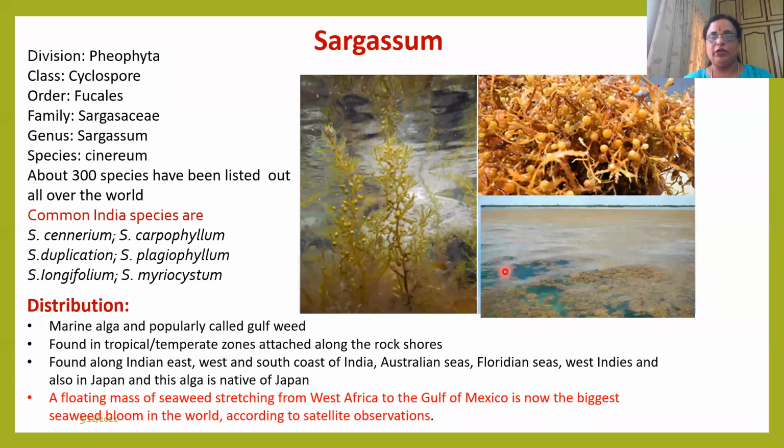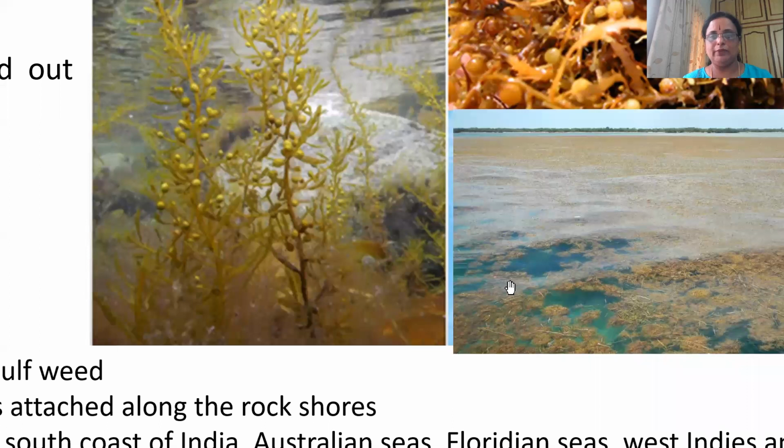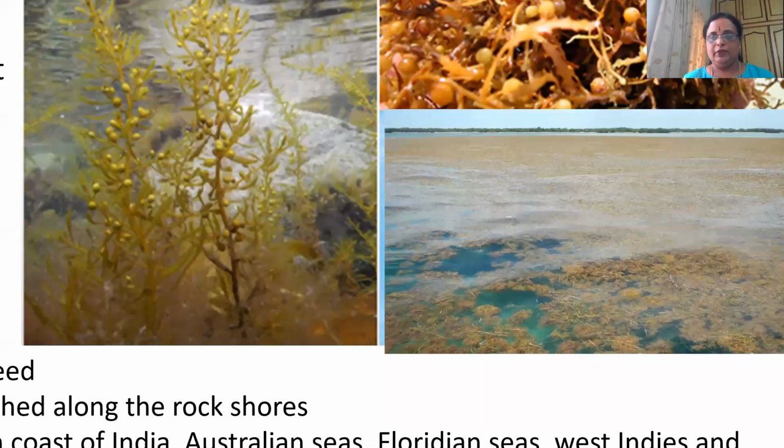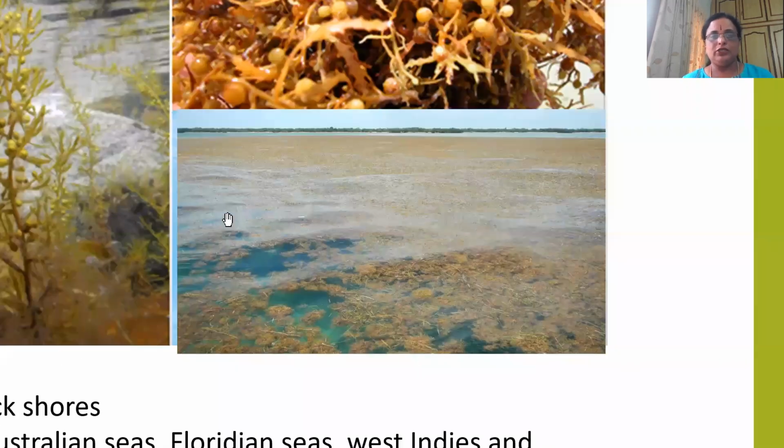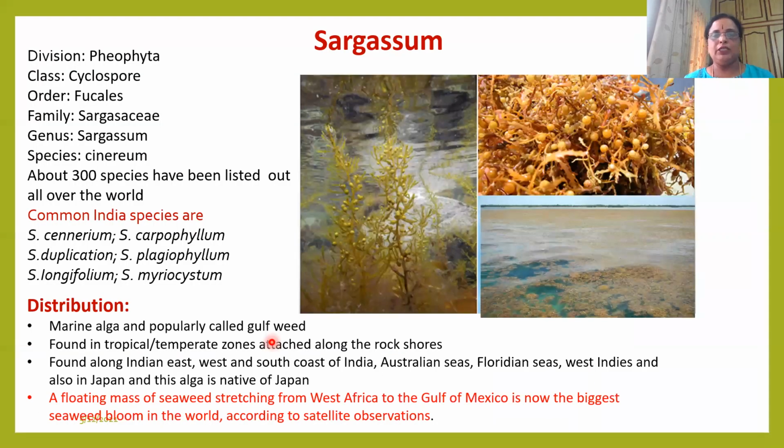You can find them floating and forming massive seaweed. See, this is one of the images. Can you see one of the images? This is the ocean, where you can find the free-floating sargassum all over the ocean. And this is one of the massive seaweed masses, found stretched from West Africa